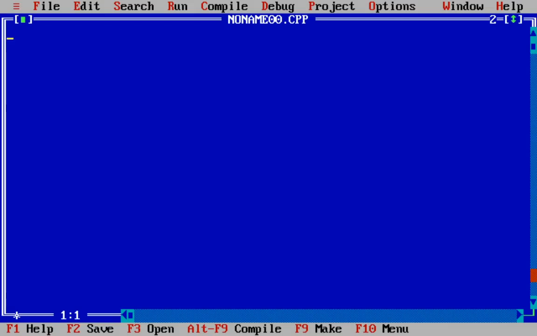We will write a simple C program which will have a function to add two values. For that purpose we will write the function, and after adding, instead of displaying the output in the same function, we will return that addition back to the calling function.